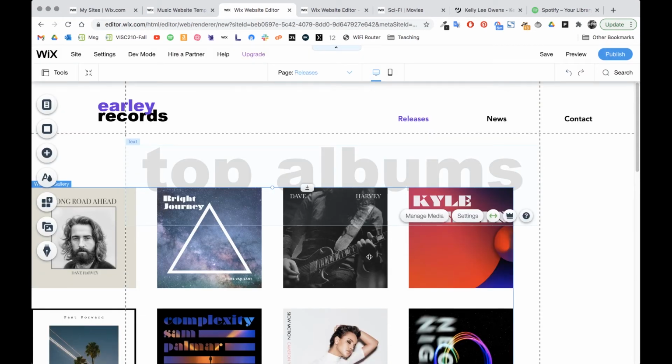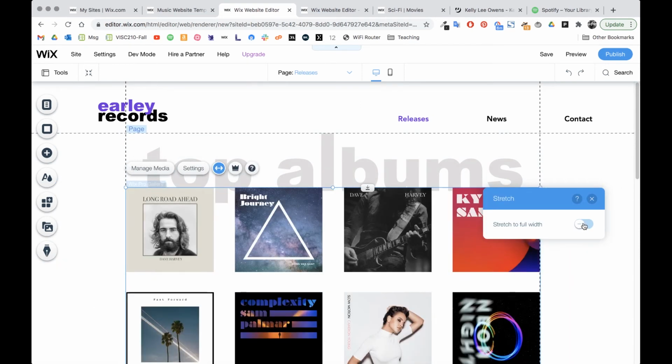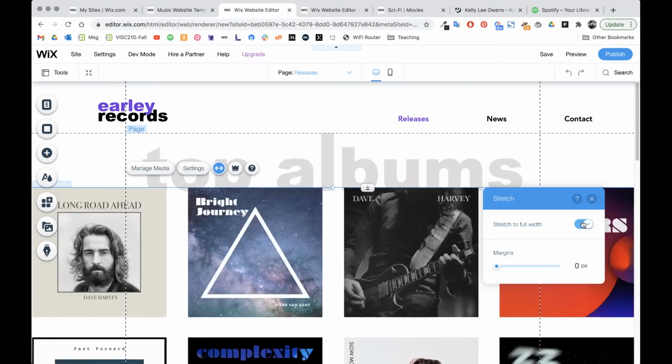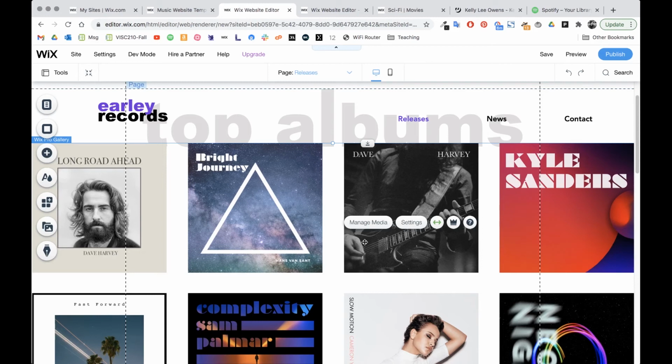And so how do we get this plugged into a database? Well, let me just show you how this works first. This is set up as a gallery, and it's set to full width. I'm going to turn that off and then turn it back on again. There we go. It looked like it was glitching a bit. Okay, so if we were to manage media,